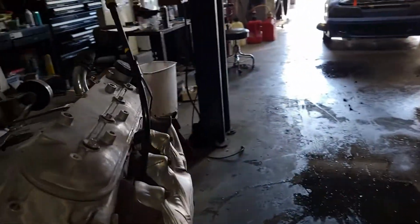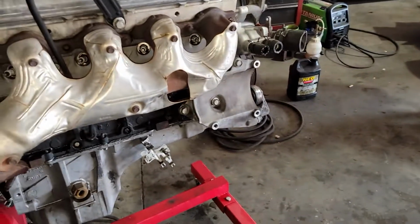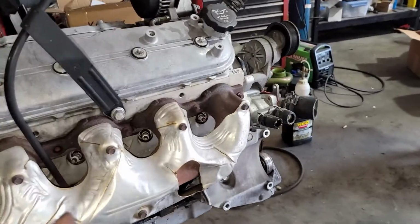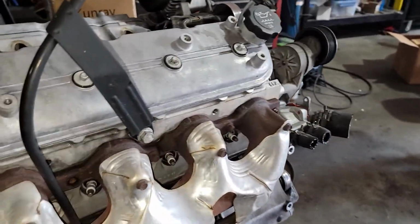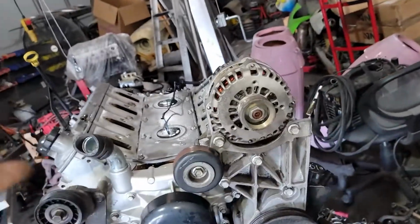So, little bracket over here to come off. But I'm gonna get the exhaust manifolds off right now. I'll pull the dipstick bolt to slide the manifold off. You gotta pop the dipstick out, get all these little rubber hoses off. I'll get all that stuff off, and then I may